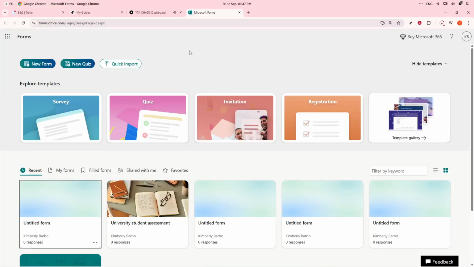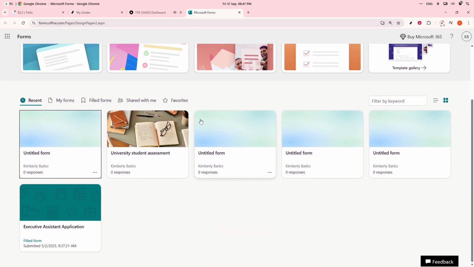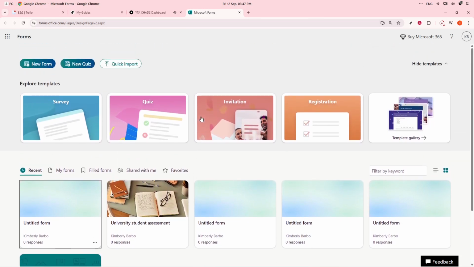In today's video, I'm going to teach you how to upload files on Microsoft Forms using the full 2025 guide. We'll be going through each step so you can follow along and implement this in your own forms. Let's get started. First, we need to navigate to